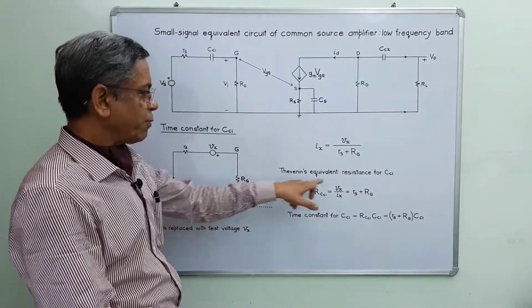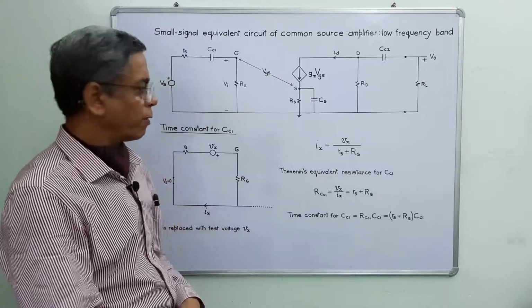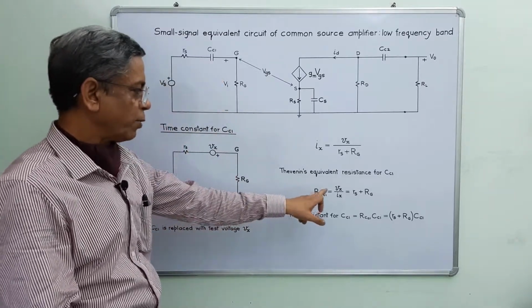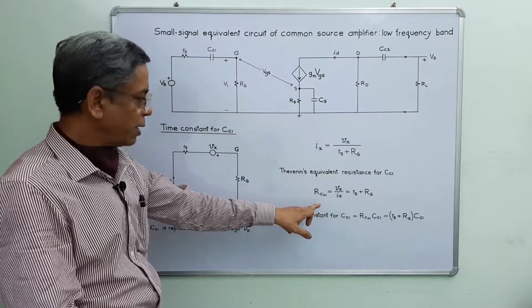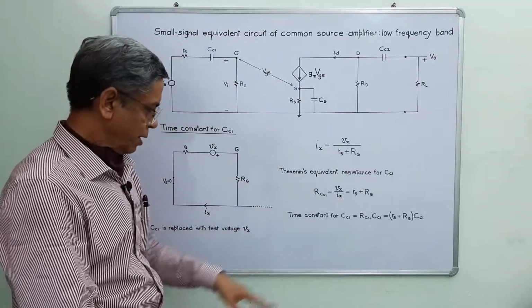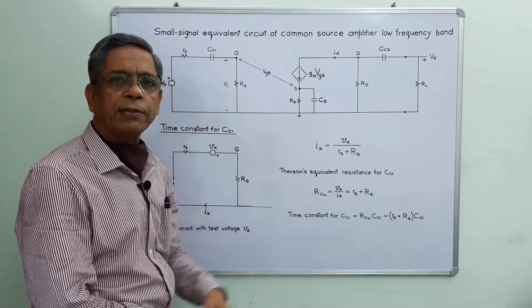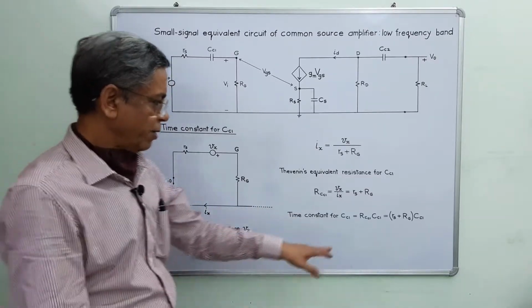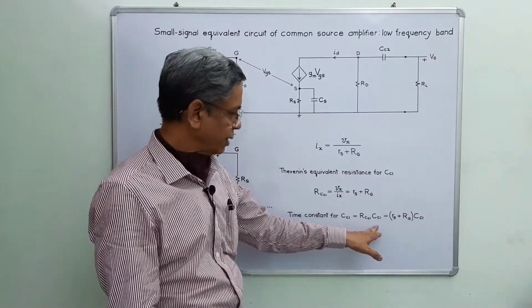Now the Thevenin equivalent resistance across the terminals of CC1 is Vx by Ix, denoted by RCC1, that is Rs plus Rg. Now we can have the time constant for this capacitor CC1, which is RCC1 into CC1, that is